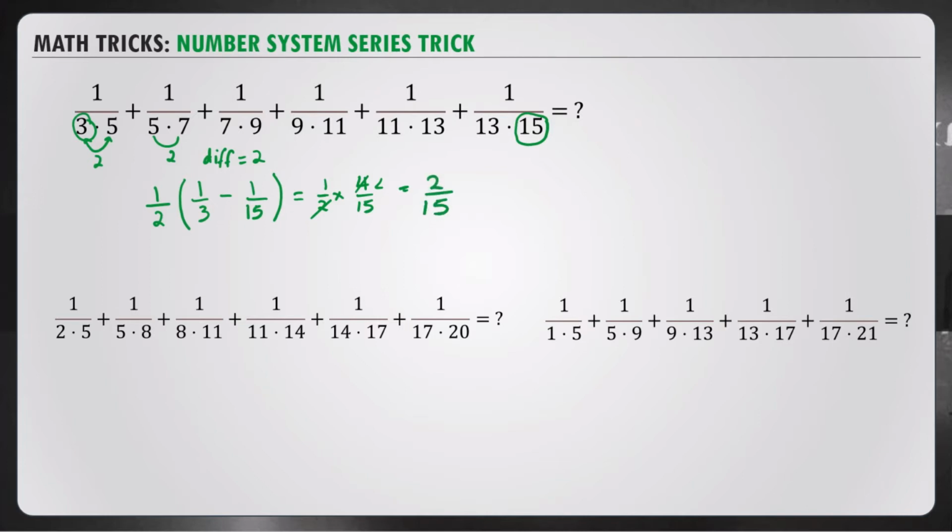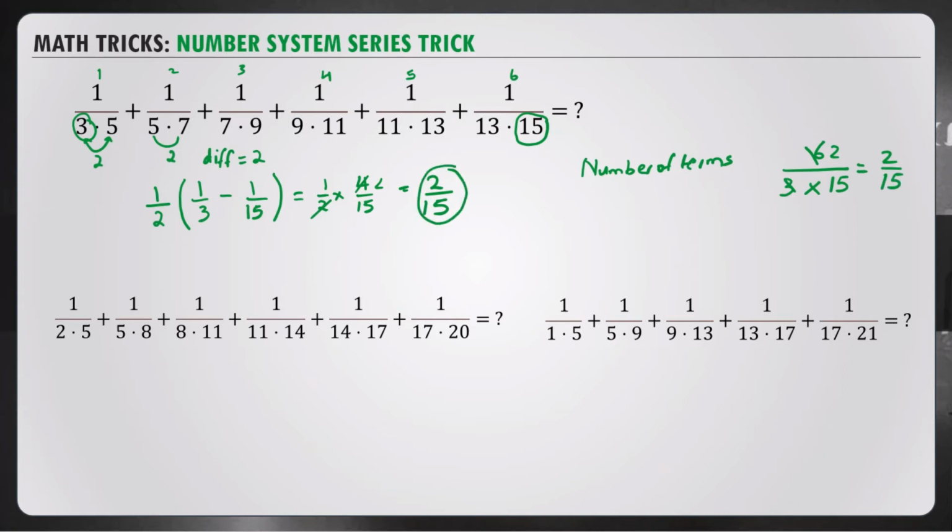This was method 1, but I prefer using method 2, which is a much easier way of doing this. Okay, let me go through method 2. In this method, we need to know the number of terms. The number of terms here are 1, 2, 3, 4, 5, 6. So that's going to be your numerator. And for the denominator, we need to know the first number multiplied by the last number, and that's it. You get your answer. This cancels out and you get 2 over 15,